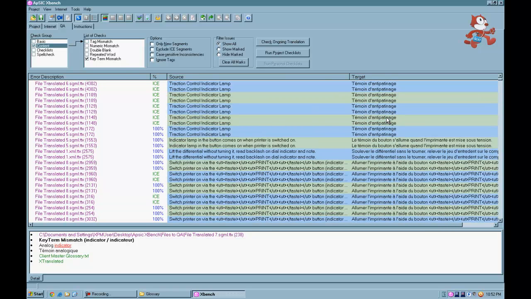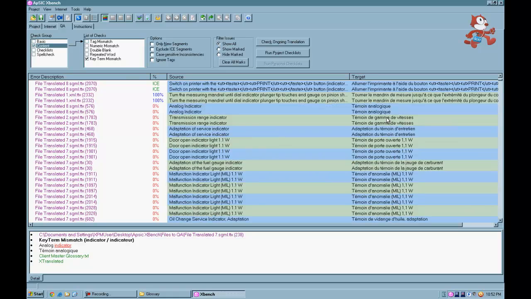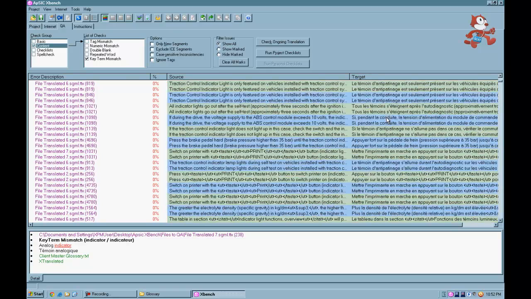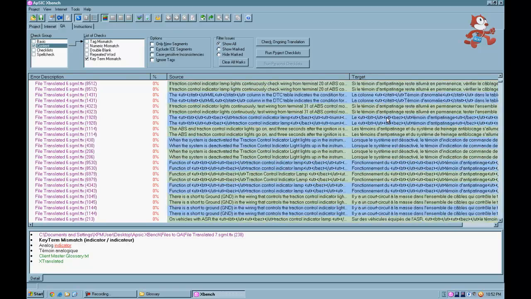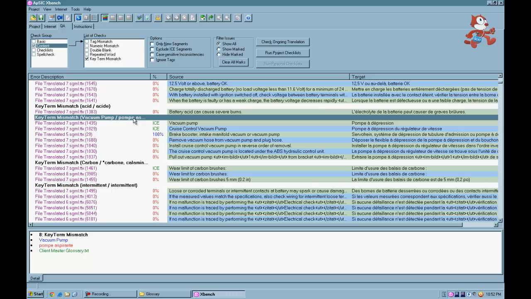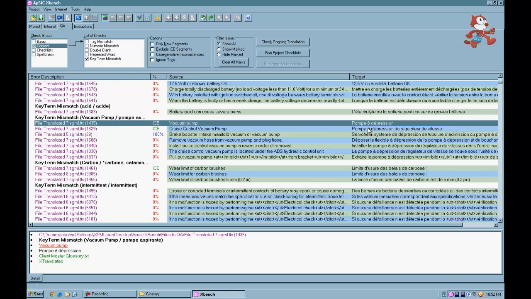So for example, let's take a look. Let me find another one. Vacuum pump. The client wanted pompe aspirante. Let's look to see the sentences. We don't see this expression, but we see another expression here, another translation. The translator editor should